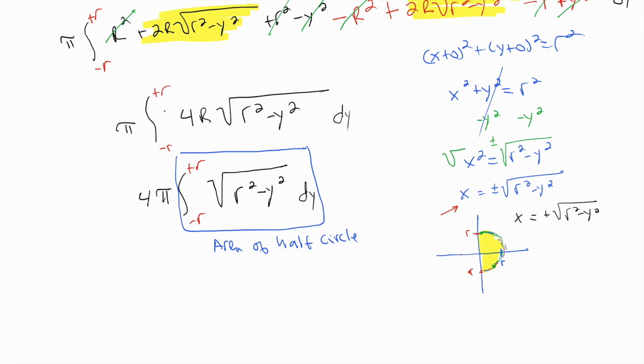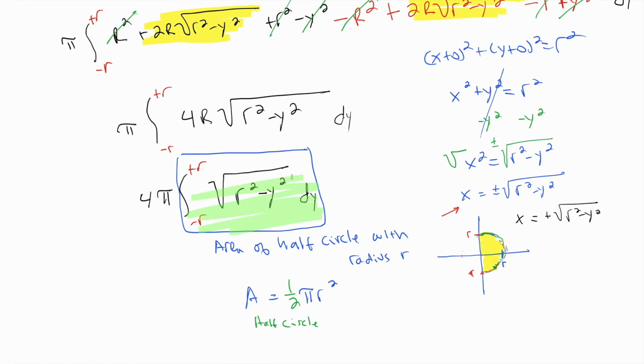So we can go to our 6th grade skills right here and not integrate this. Just get the same result. Area of the half circle. Well, it doesn't matter. It's a circle, right? So it doesn't matter how you do it. But it's an area of a half circle with radius r. All right, well, I know the area of a circle is pi r squared with radius r. That means the area of a half circle is 1/2 pi r squared. Therefore, all of this stuff that's in here, when it's all said and done, is 1/2 pi r squared,